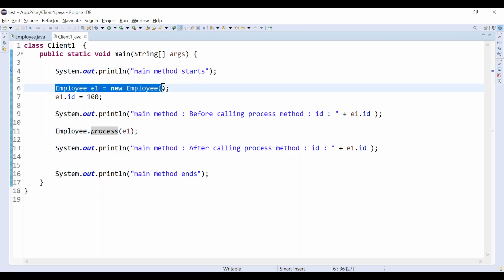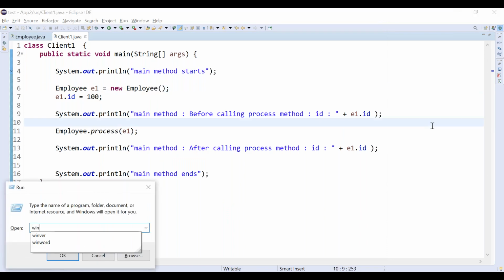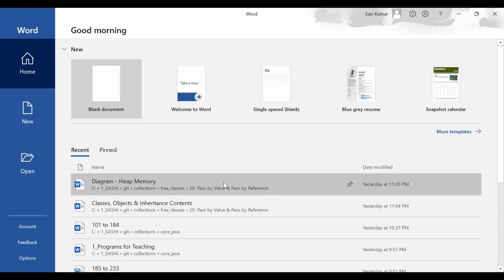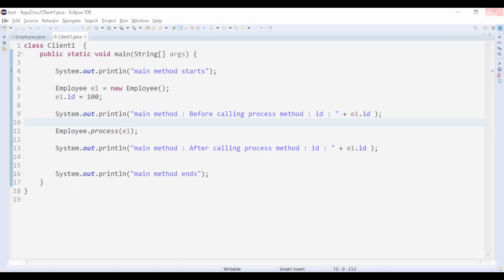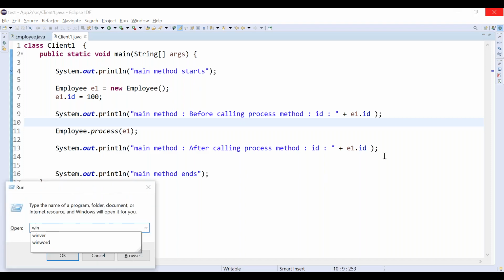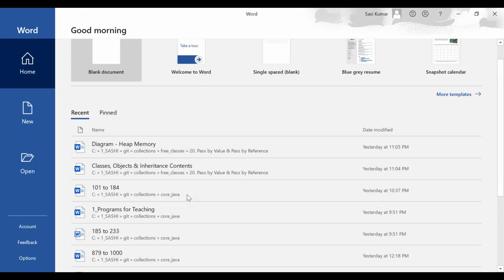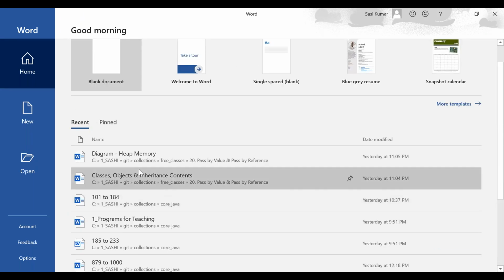Let's go again. We will try to understand what happened. In pass by reference, we are passing a reference variable.